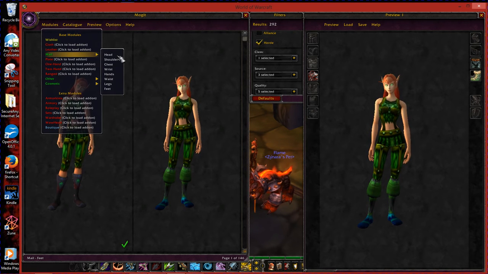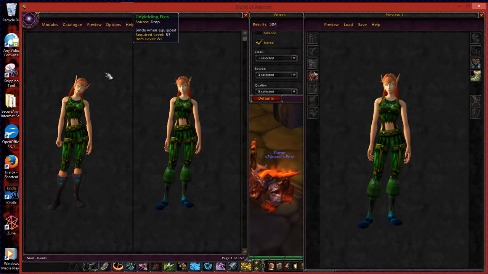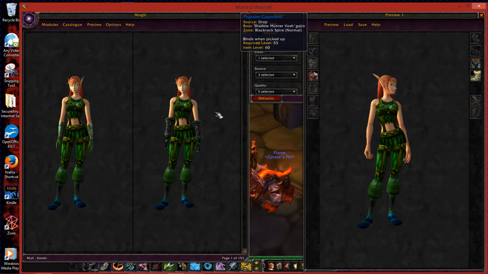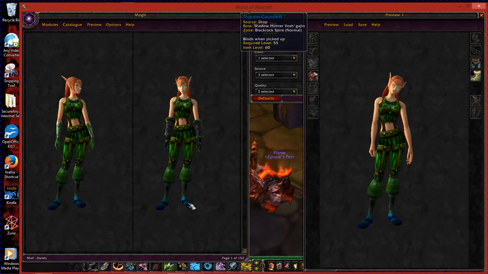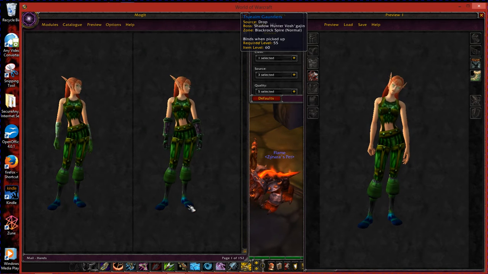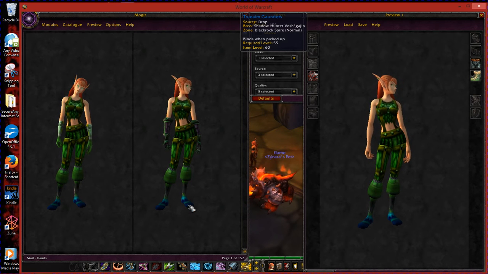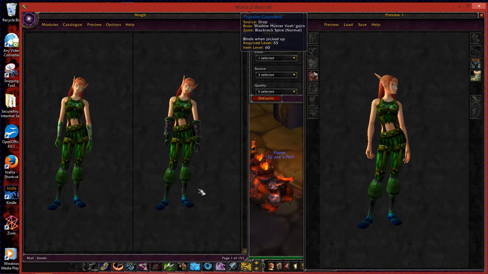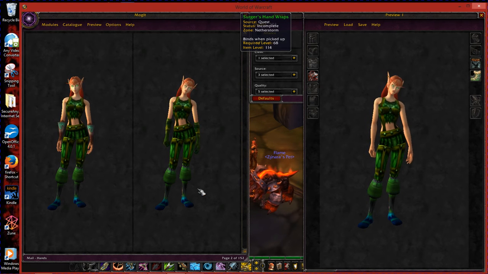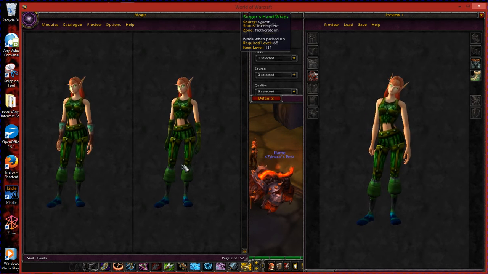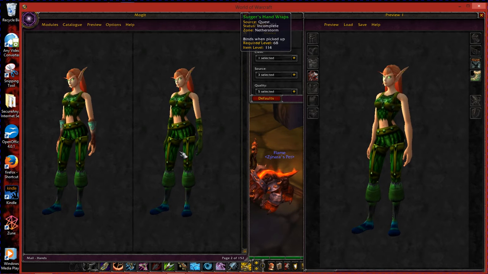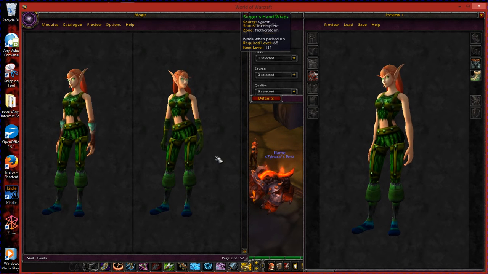So I go over here to mail, I go to hands, and that's more purple. I'm not really looking for purple since there's no purple in the shoes. You could go with it. It would, well, technically match. Blues and purples do match, but it's not what I'm looking for. This could work. It is from a quest. Those gloves could very well work.